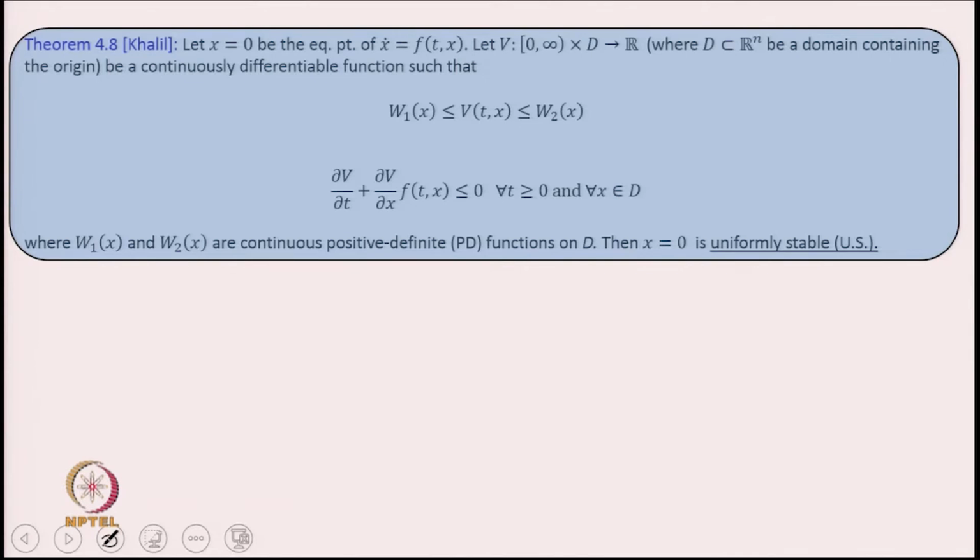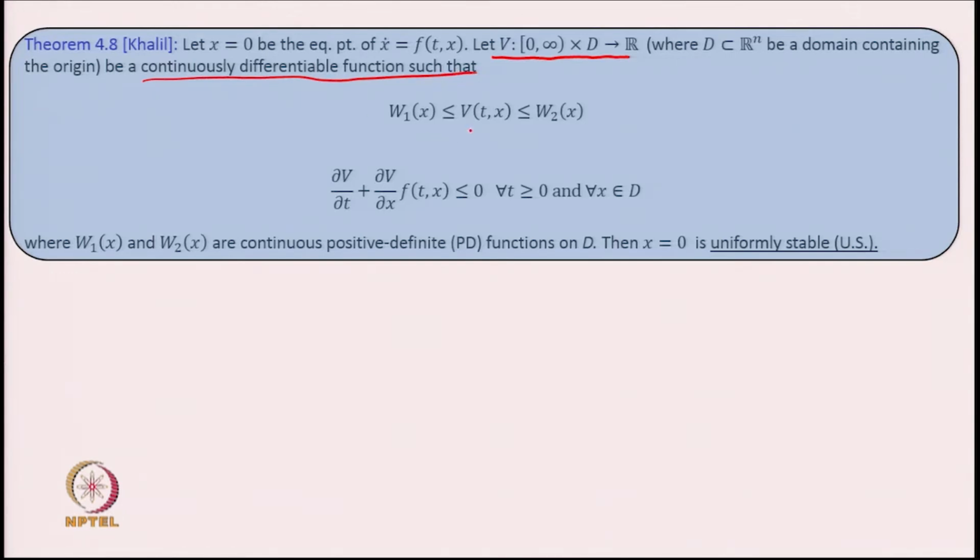This can be said without loss of generality, as I mentioned before, and let there be a function V which is defined like this, where D is a domain containing the origin, and this function is continuously differentiable and